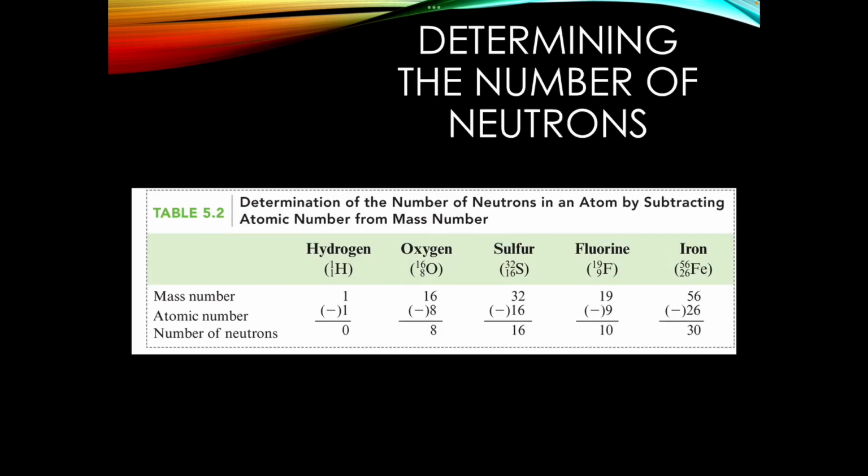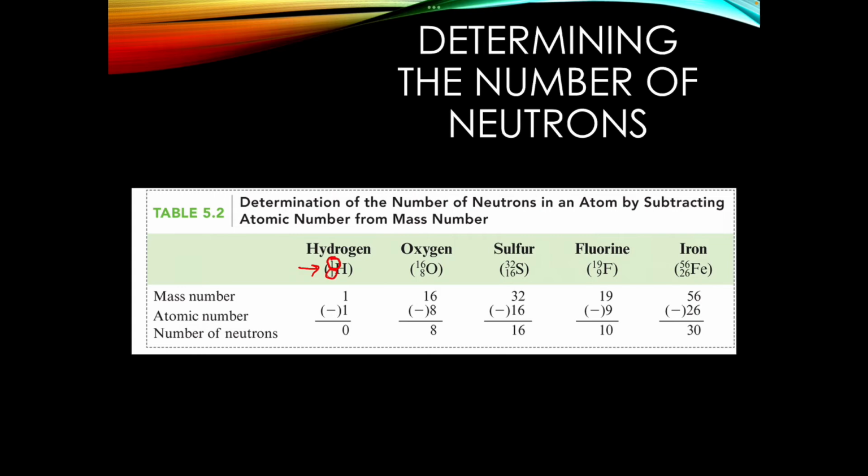So when we write our elements like this, in our isotopic notation, it's actually really well set up for figuring out the number of neutrons. Remember, the number of neutrons can change in different isotopes of an element. So if we look at hydrogen here, remember, the mass number is on the top and the atomic number is on the bottom. So we can actually just do subtraction straight down to figure out the number of neutrons. So we do our 1 minus our 1, which is shown below, and that gets us 0 neutrons. Hydrogen, fun fact, is the only element that has 0 neutrons, which is kind of cool.